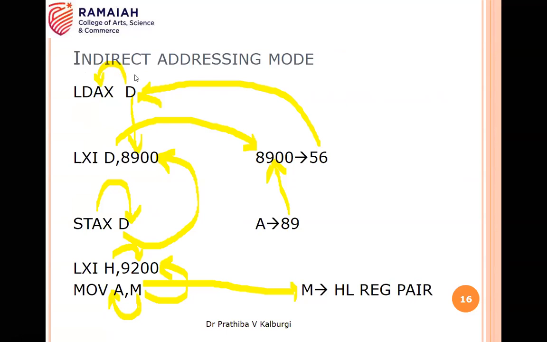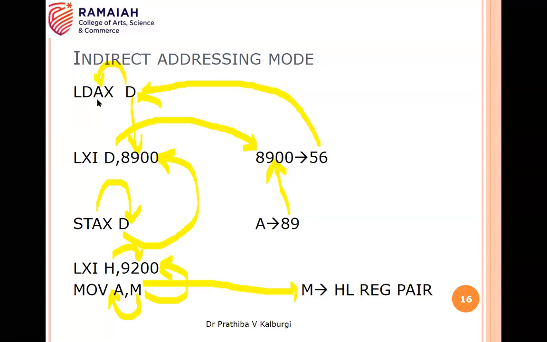In the case of indirect addressing mode, the example is LDAX D. LDAX D means indirectly you are going to address the register, isn't it? That is, you have your register pair DE. The register pair DE has to be initialized with LXI D, comma, address location. So the content of this address location is indirectly being specified by your register pair,